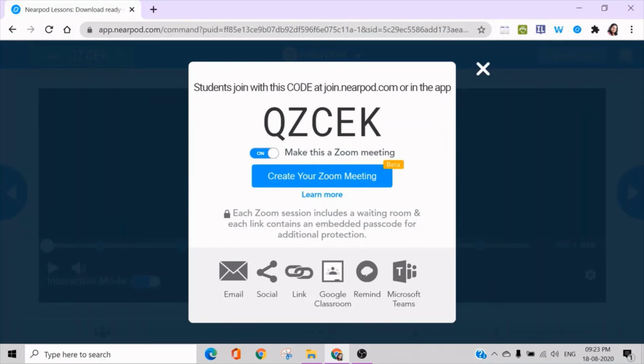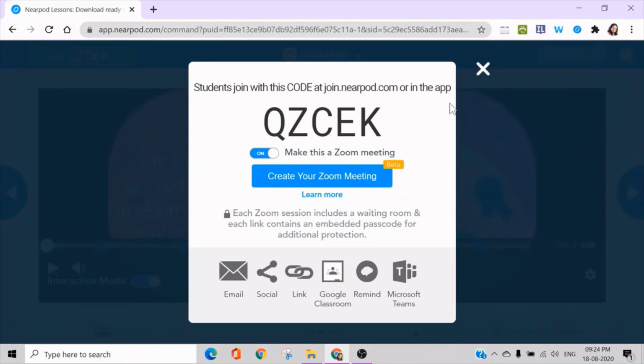Each Zoom session includes a waiting room, and each link contains an embedded passcode for additional protection. I can share this with my learners via email, social networking, link, Google Classroom, Remind or Microsoft Teams. When my learner joins the session using this 5-letter code, the learner will be prompted to join the Zoom session of this lesson, and they can join the session.